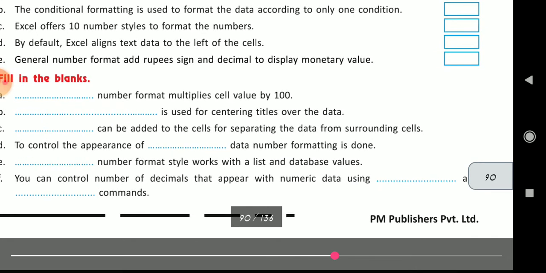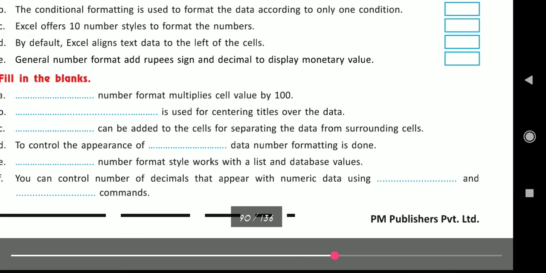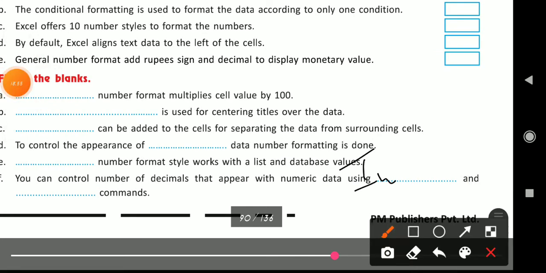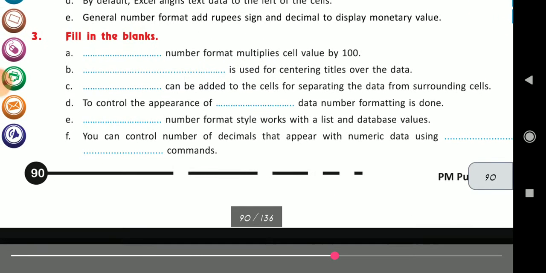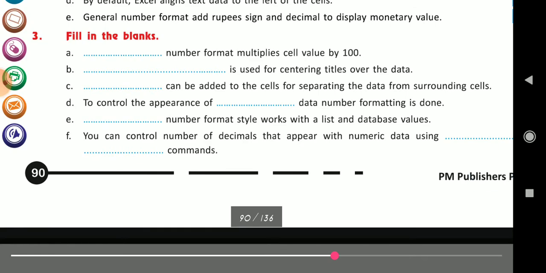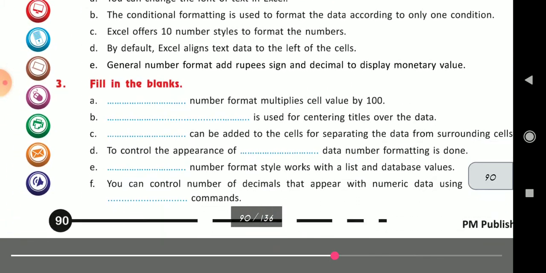In the first blank you will write increasing decimal, and in the second decreasing decimal. Increasing and decreasing. Okay. So now we have also completed our fill in the blanks, true, false, and take the correct.